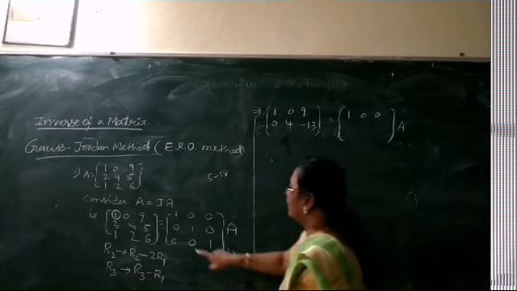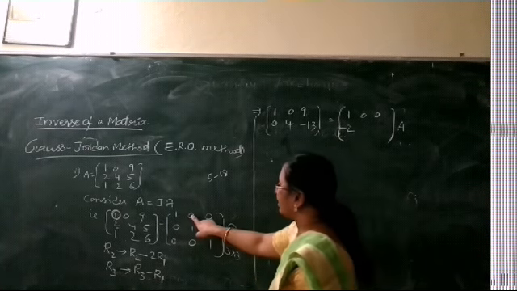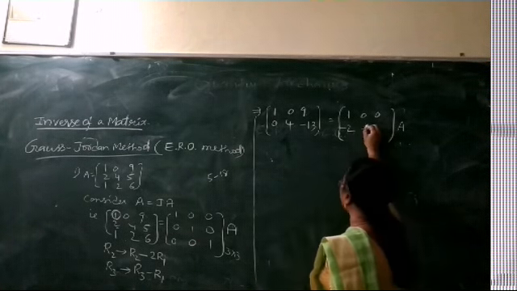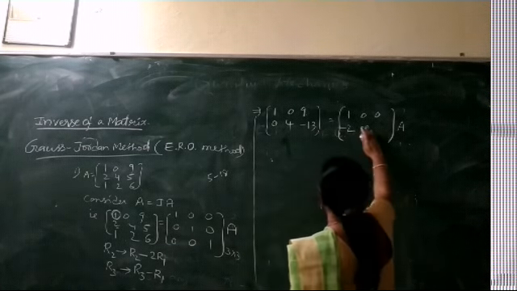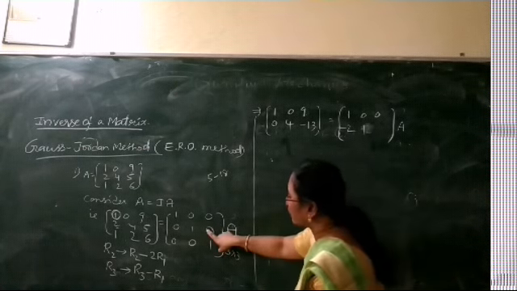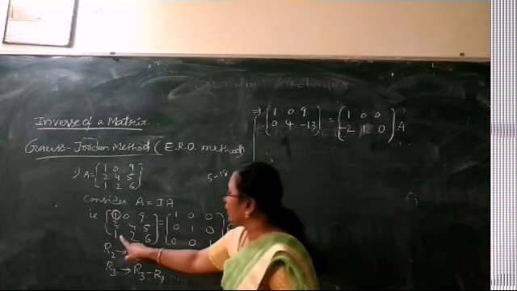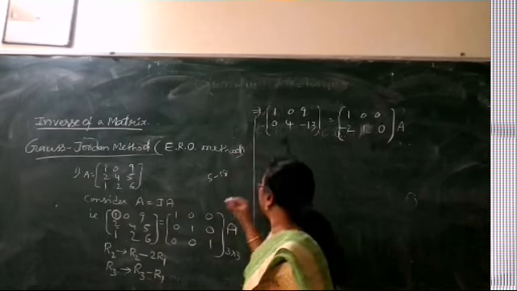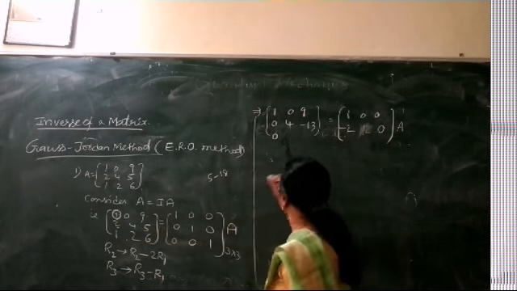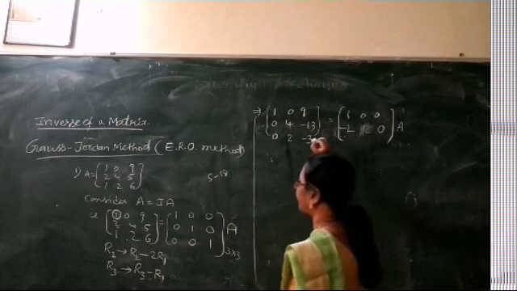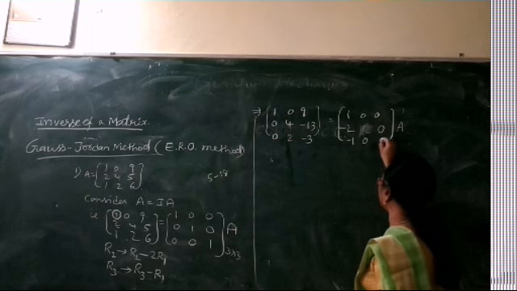On the other side, it is 0 minus 2 into 1, minus 2. Then 1 minus 2 into 0, we have 1. Next, it is 0 minus 2 into 0, it is 0. Now the third row, R3 implies R3 minus R1. The element is 0. Next, it is 2 minus 0, and 6 minus 9, so 2 and minus 3. Similarly, on the other side, we have 0 minus 1, 0 minus 0, 1 minus 0.